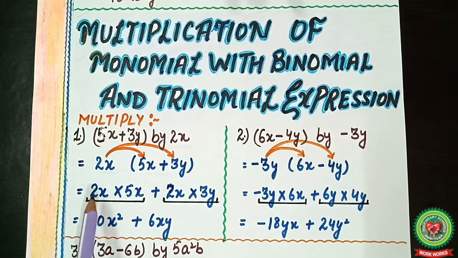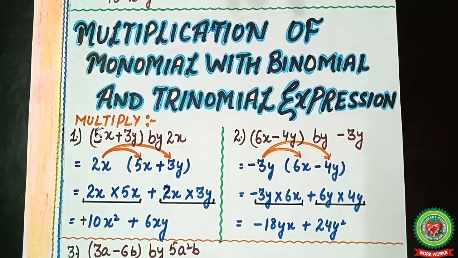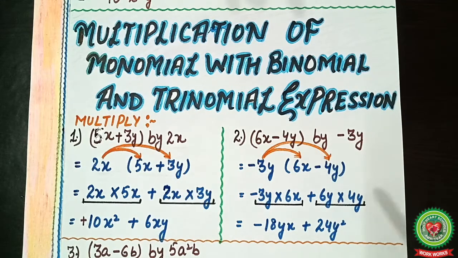So here you will multiply 2 multiply 5. Now again, SNV rule, remember: with 2 and 5 there is no sign, that means plus sign, so the plus sign will be here. You can put it or not, hardly matters. I am putting plus 10x squared so that you will not get confused. Next is numbers, 2 multiply 5, that is 10, and x multiply x, that is x squared, right? Now the plus sign is there again, 2 multiply 3, that is 6, and x multiply y, that is xy. So here is your answer. It's very easy, right?